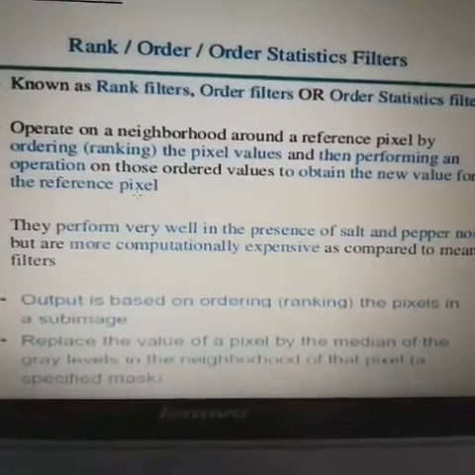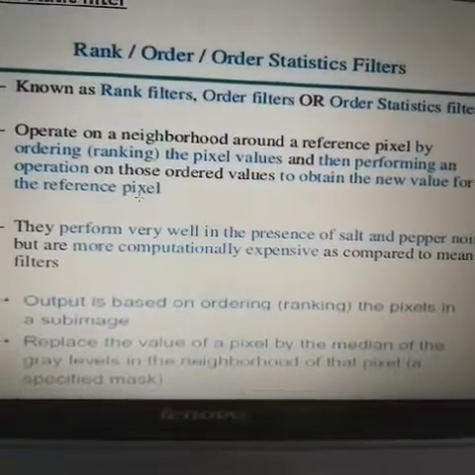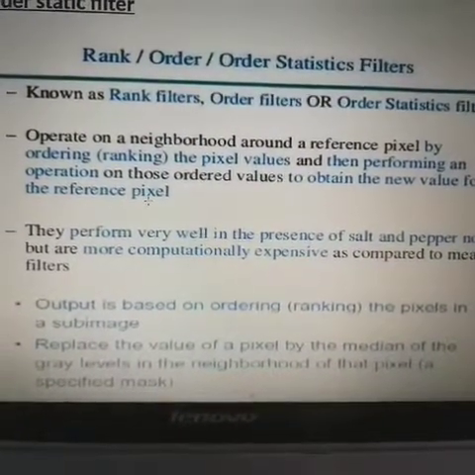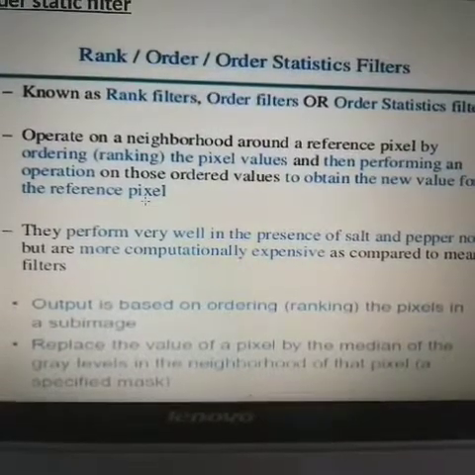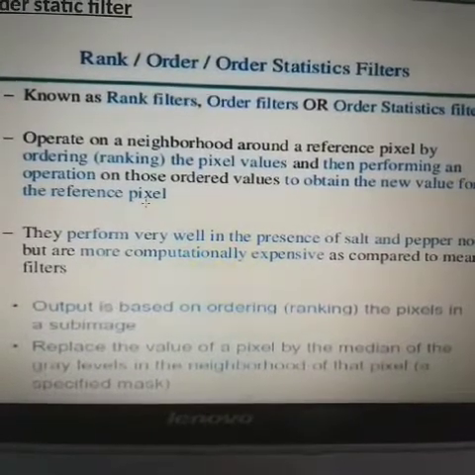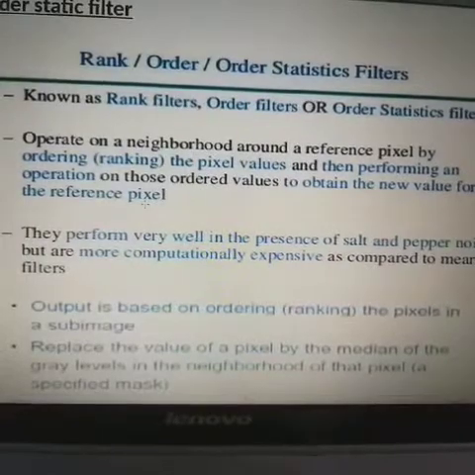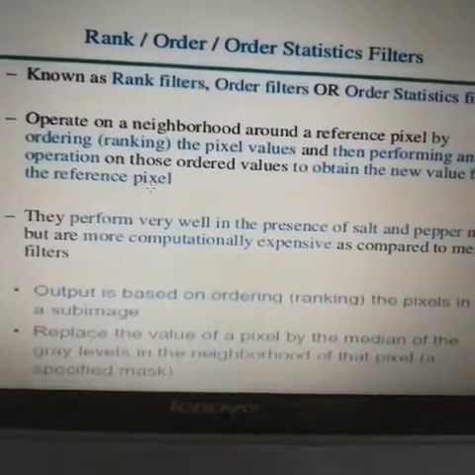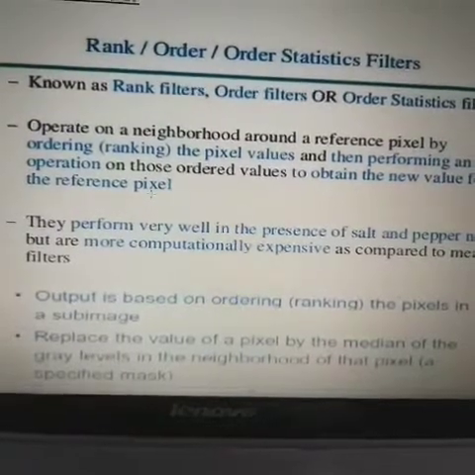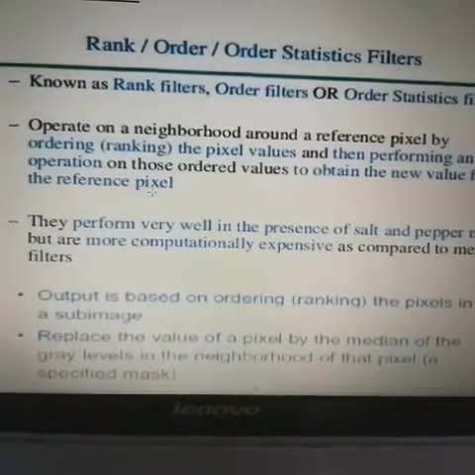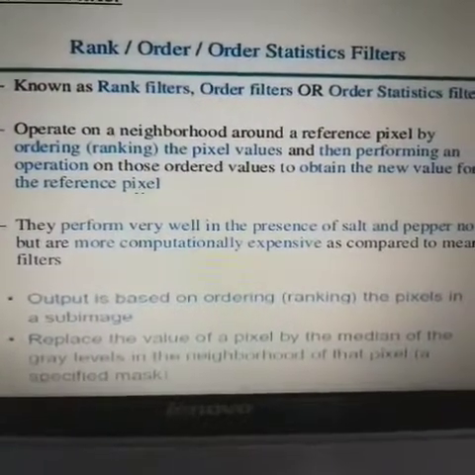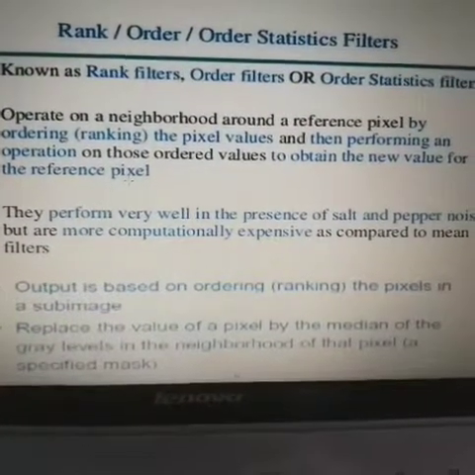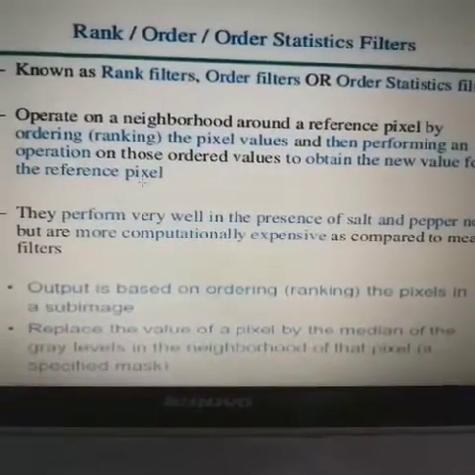Clear? For example, we have an image with a number of pixels, and we order all the pixels with respect to the neighborhood pixel values, compare the ranking values and perform the operation on those values to obtain the new reference pixel.